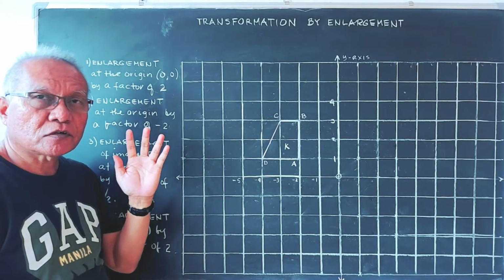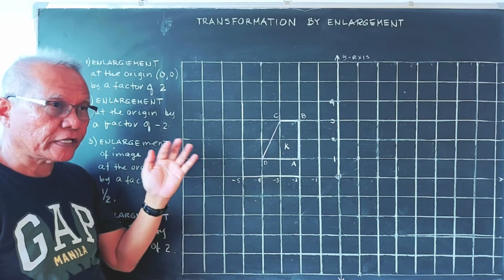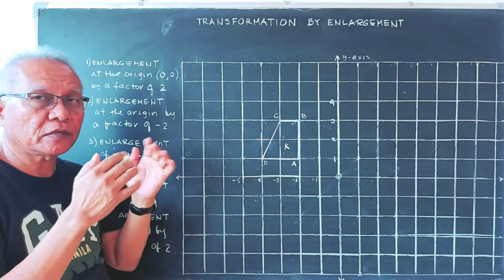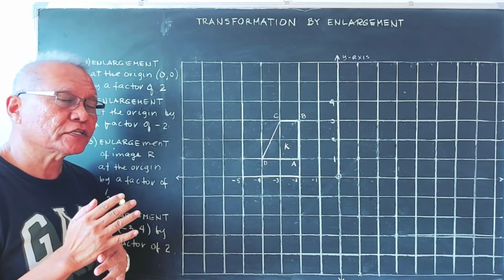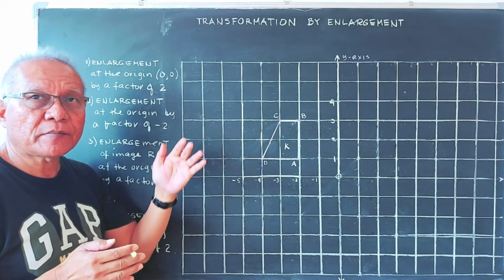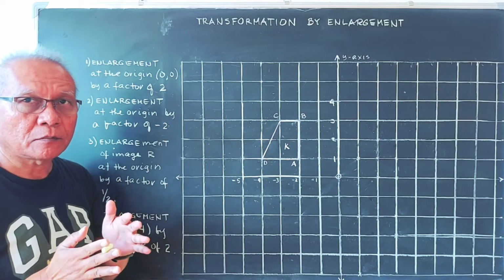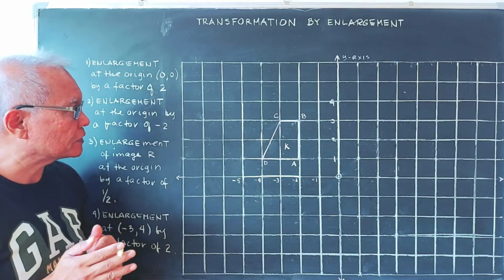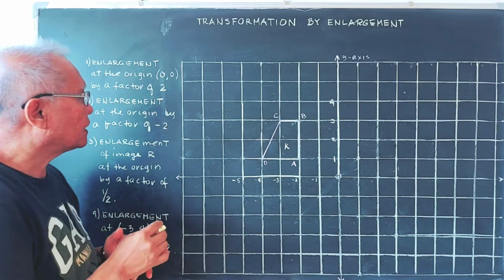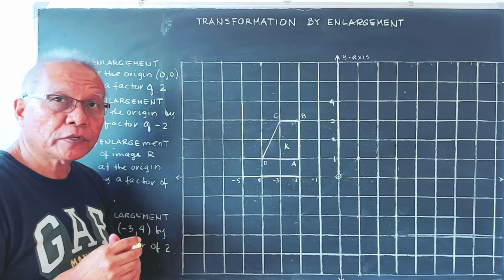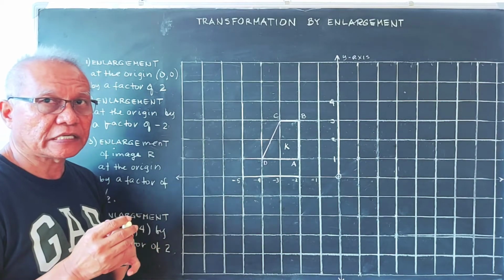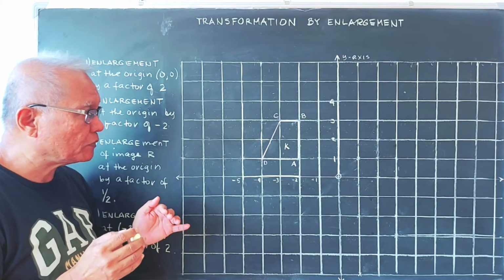When we have a factor of 2, 3, 4, or -2, -3, -4, we are enlarging the image. If our factor is 1/2, then we are making it smaller. But again, that is also called enlargement. So in enlargement class, we need to know where our point of enlargement is, because everything will be measured from